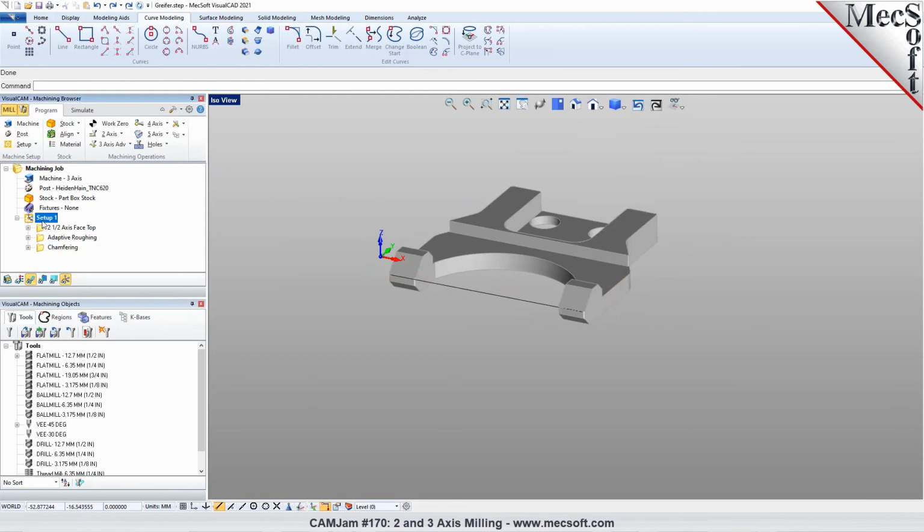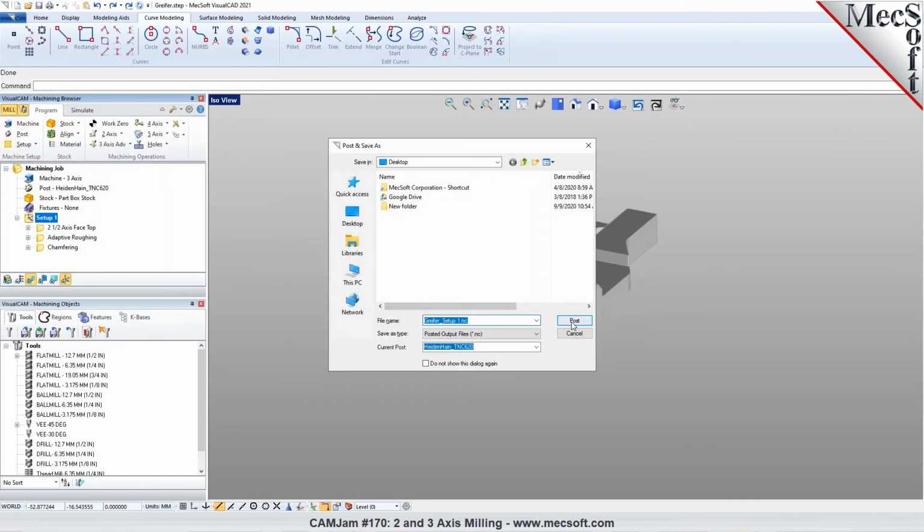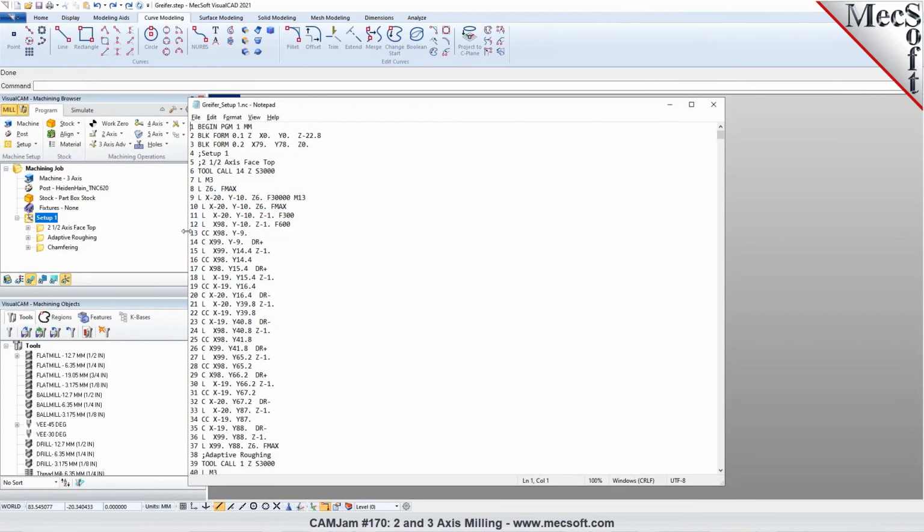And then the final thing is post-processing. So you can select the setup or the operation, right-click and post. It'll generate your output file. If you want to do the output as .h, we can output as .h file extension, or you can do NC or ISO, depending on